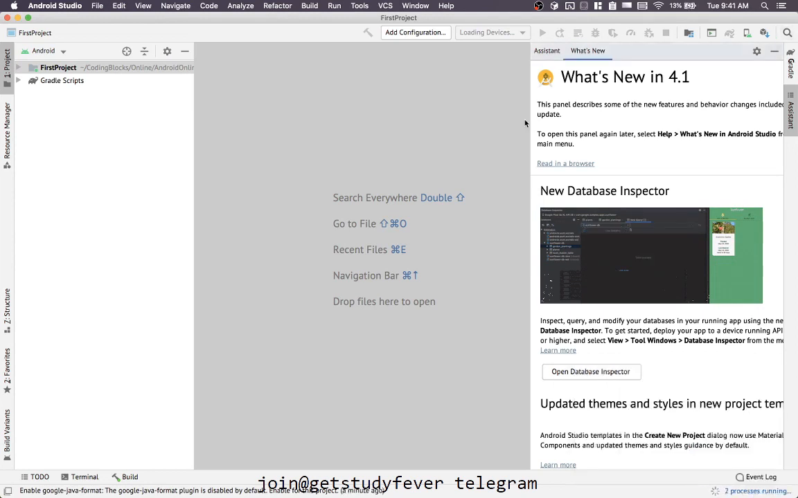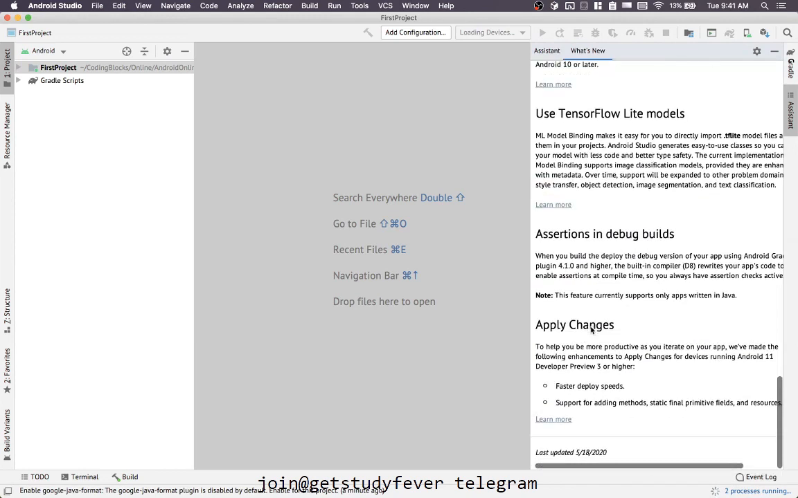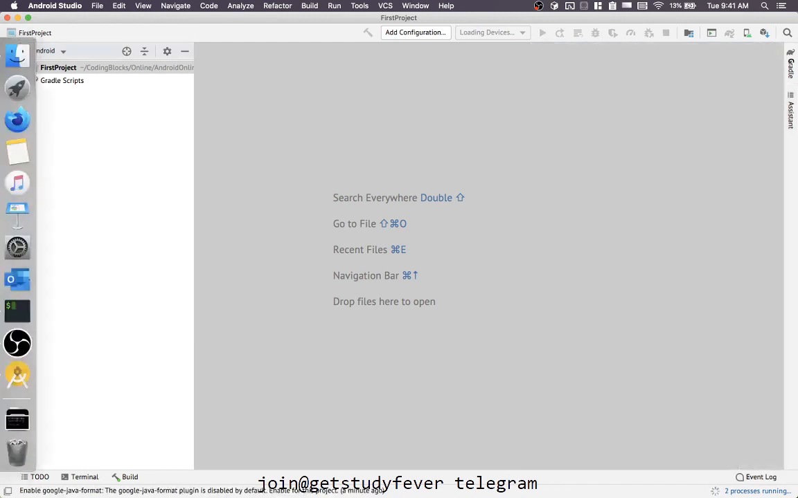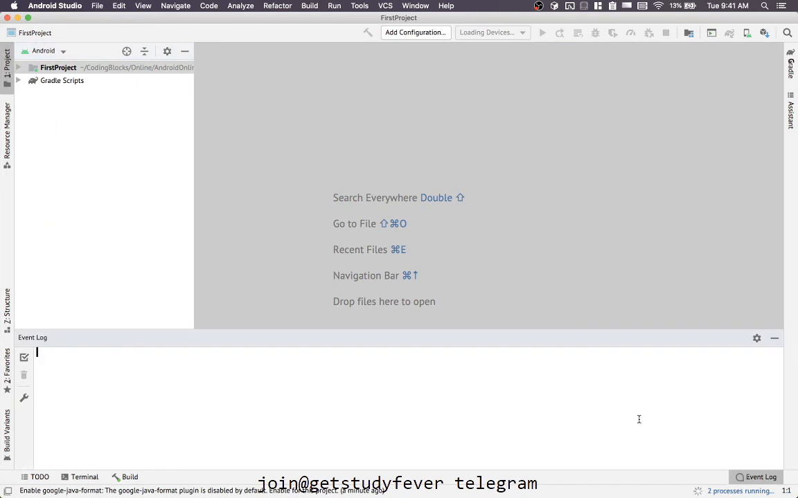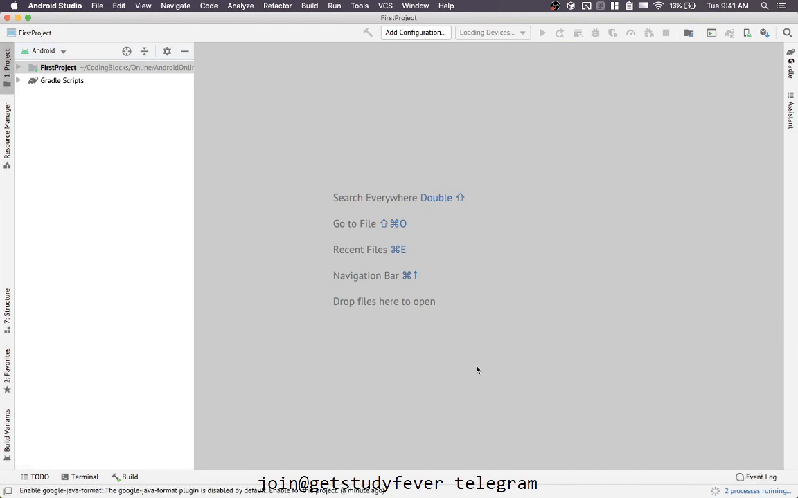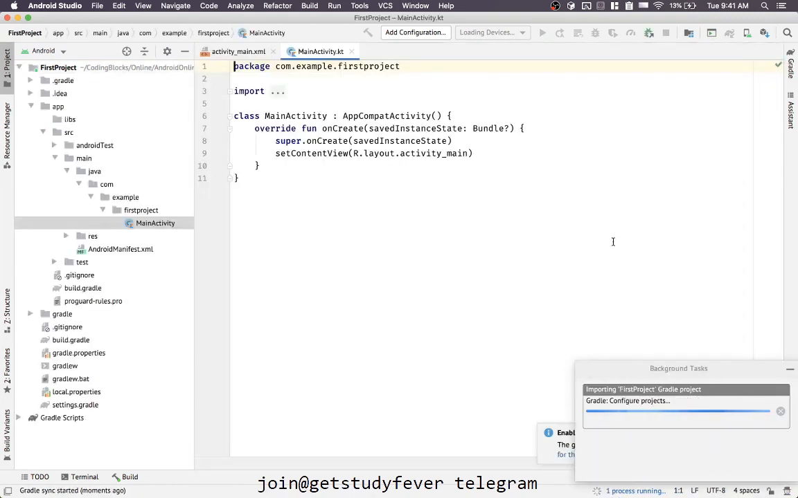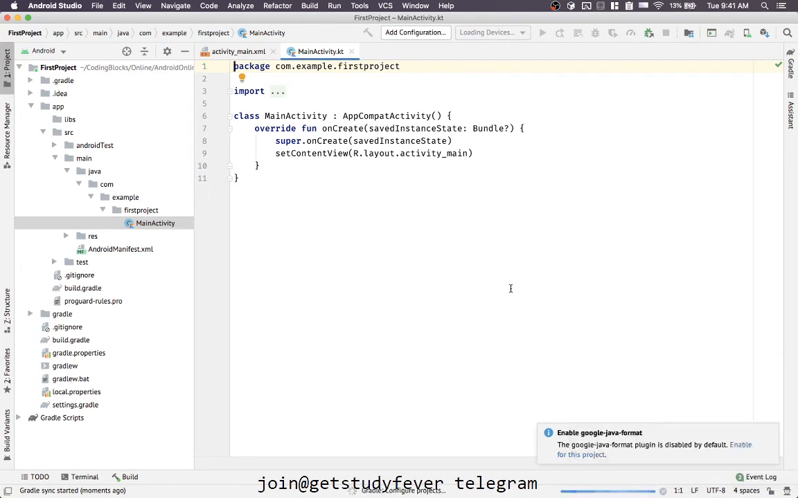If you are new to the studio, first time, you will get a list of features that Android Studio has on the right side here. Let's let it complete the steps that it is doing, and when that is done, at the end of the project opening state,